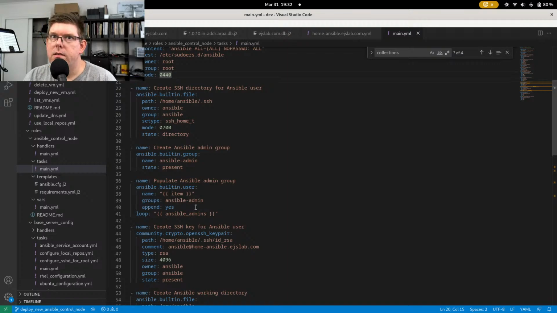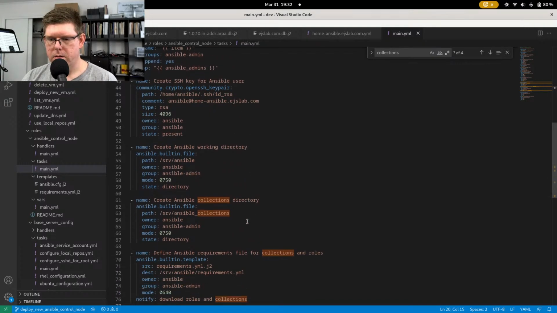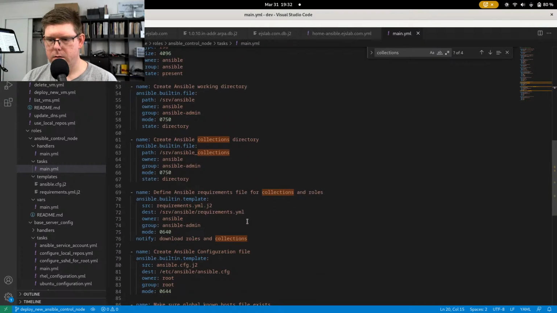I'm going to have to update the base config as well. I just thought about that because this key is going to be changing. Okay, that's fine. All right, so let's